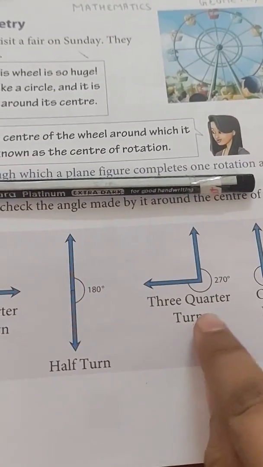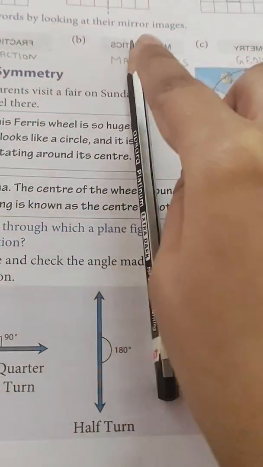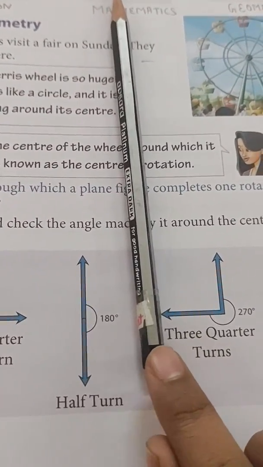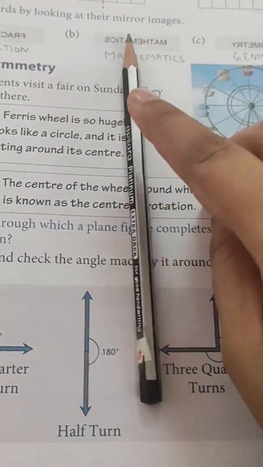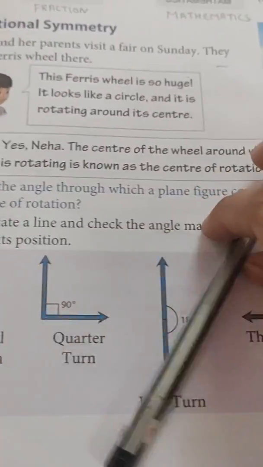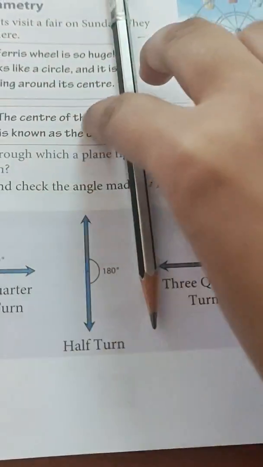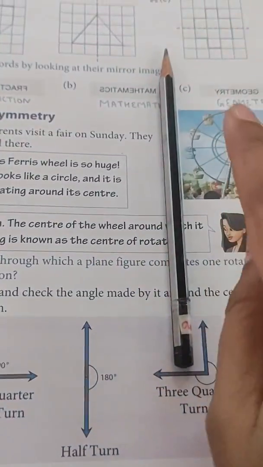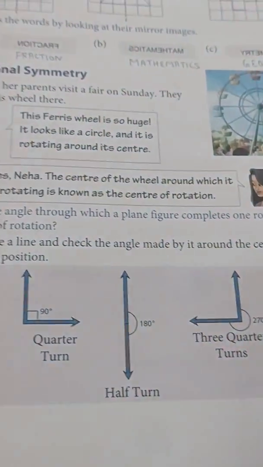So it is equal to three-quarter turns. And again if I move this pencil like this, this face comes up and the black part comes down. So this is the complete turn. Now we have got this face again at the top. So this is again the 360 degrees. So first the original position, then 90 degrees, that is a quarter turn, then a half turn, that is 180, then a three-quarter turn, that is 270, and then again the original position, a complete rotation, that is 360 degrees. So this is a complete rotation here.